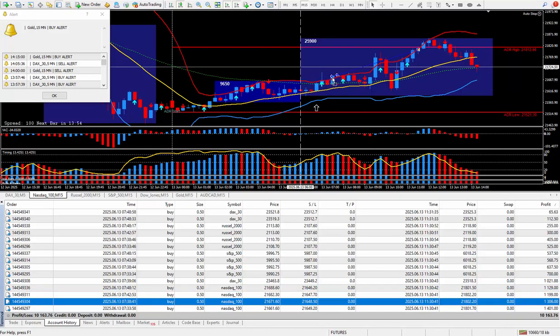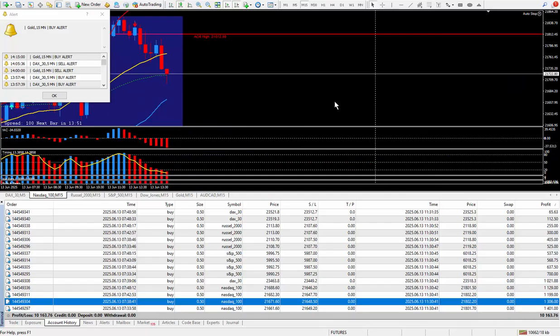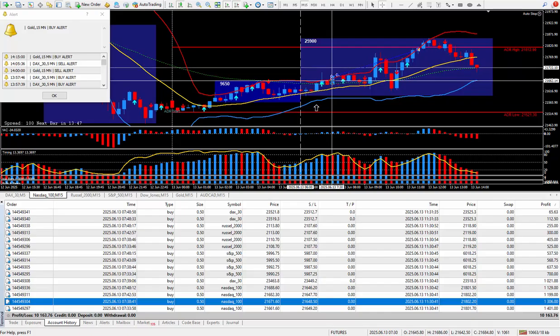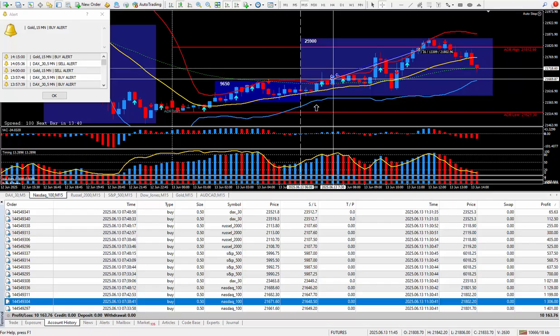And on the next one, this was 4 minutes before that. So it might even be on the same candle here. There it is. A little bit further down. This one is 130 we're looking for. 130. Again, can't get much closer than that. But it's 130. That paid out